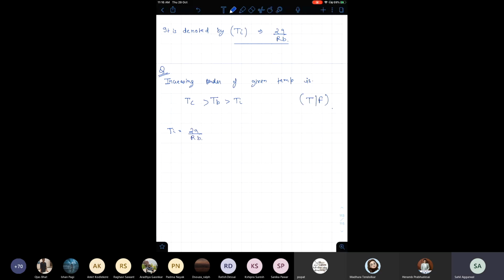TI is equals to 2A by RB. TB is equals to A by RB. And TC is equals to 8A by 27 RB. A by RB कॉमन ले लेते हैं. 2 A by RB, 1 A by RB, and 8 by 27. A by RB,